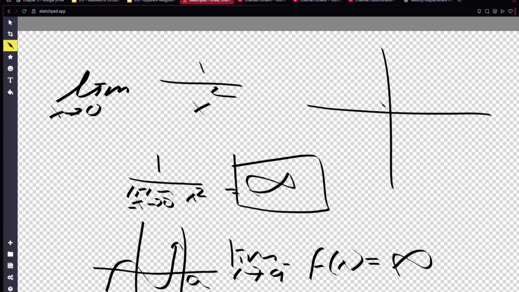So what happens when the limit as x approaches 0? And this is what a 1 over x squared graph looks like. I just know this, but you can estimate it because as x approaches negative or positive infinity, the output goes to 0. And same thing here. So it's kind of like dominance theory. You can assume that it goes to 0 here, and then it goes to infinity right there. So then the limit as x approaches 0 would simply be 1 over the limit as x approaches 0